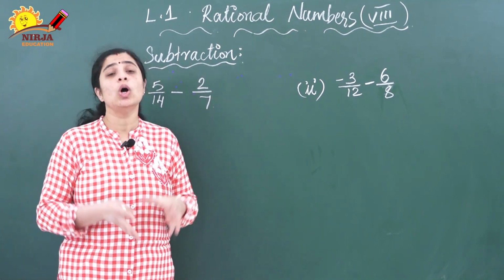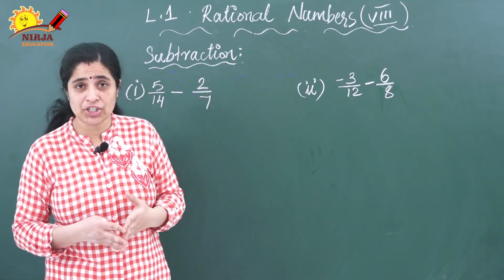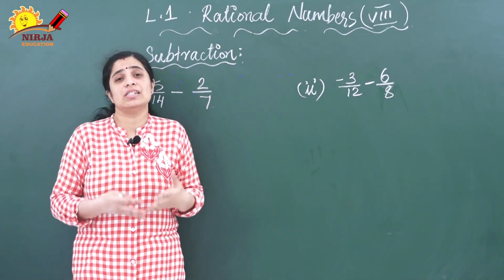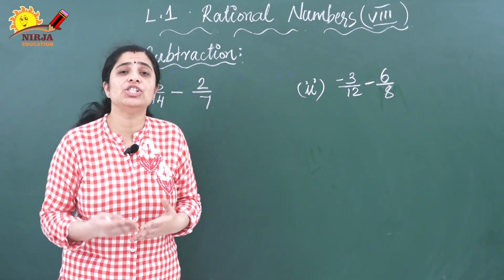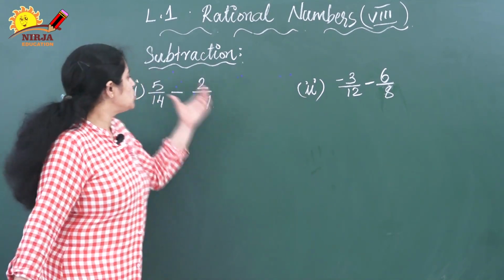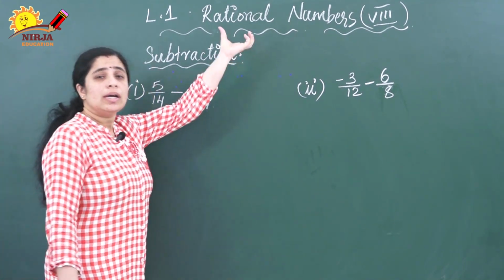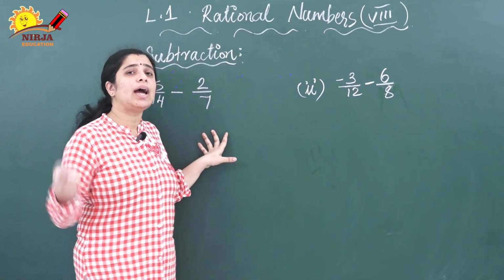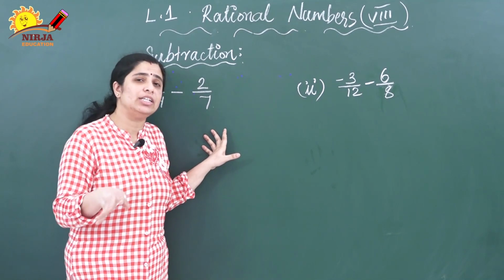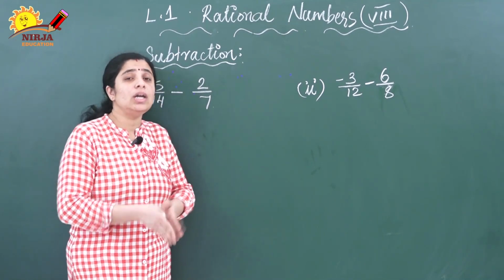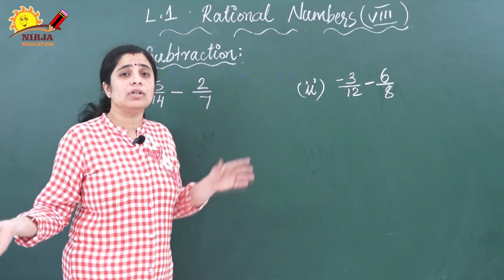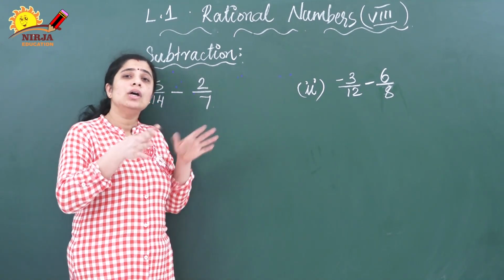In this video, we are going to discuss the subtraction and the properties of addition and subtraction. We will discuss some of the properties of addition and subtraction. So here first we will do some example for the subtraction of rational numbers. Already I discussed how to do the addition. The same way only we have to do it here. Instead of adding the numbers, here you have to do the subtraction.